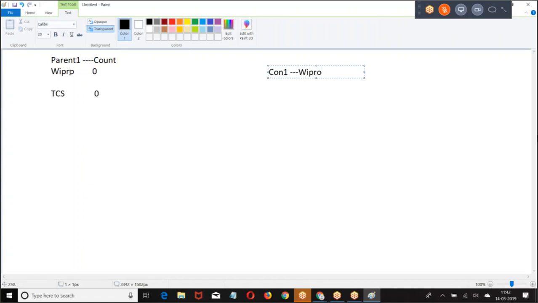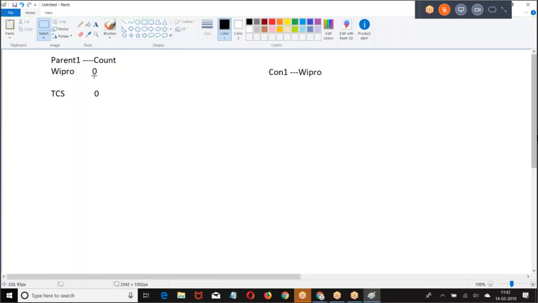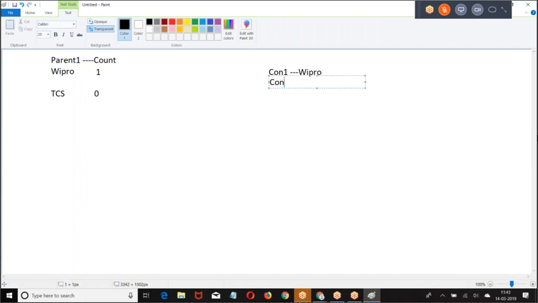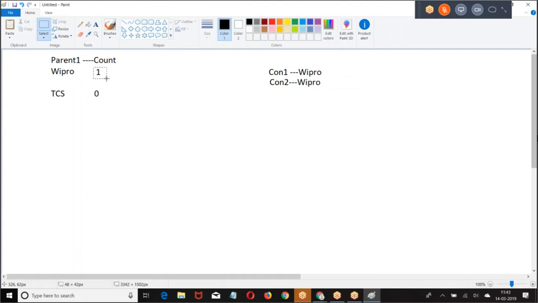When a new child record is created for this, increment the count, right? When I add one more contact, the count increments again. If I delete any one of the child records, the count should decrease. Am I right or no?